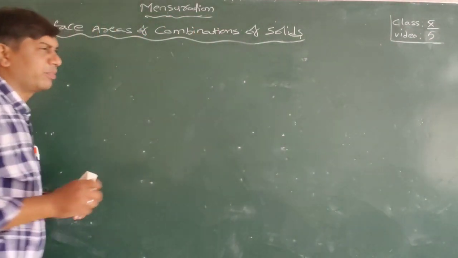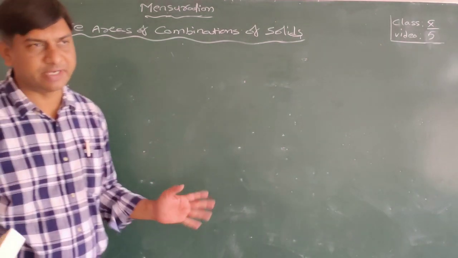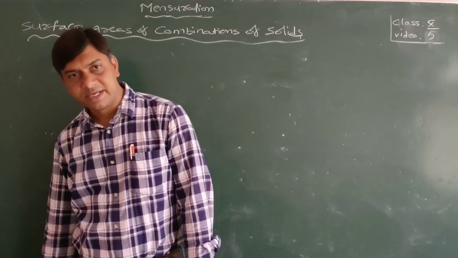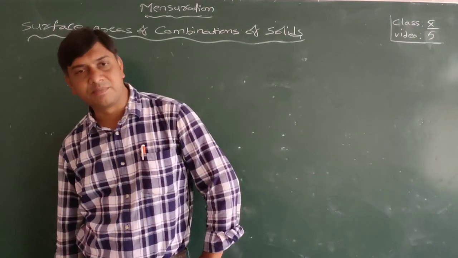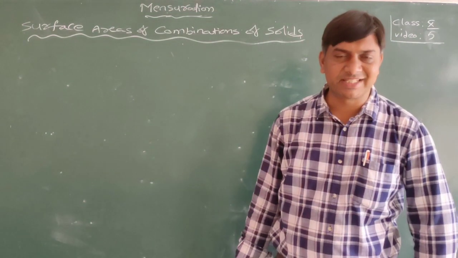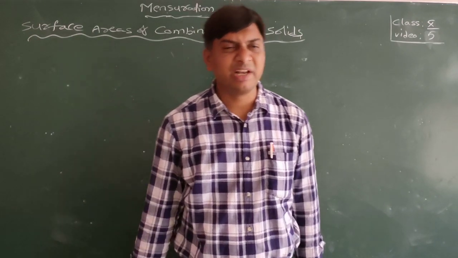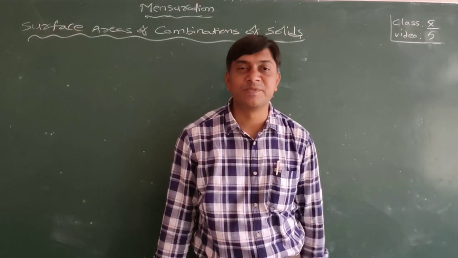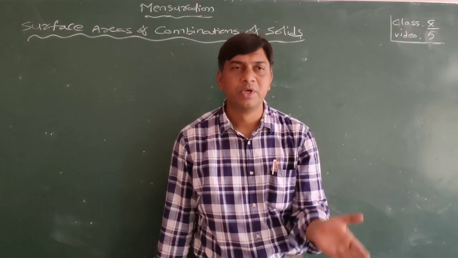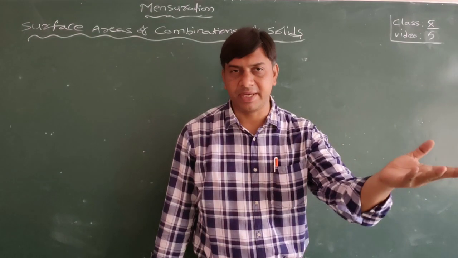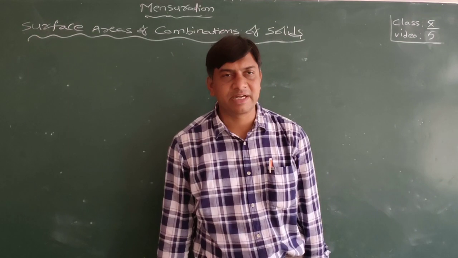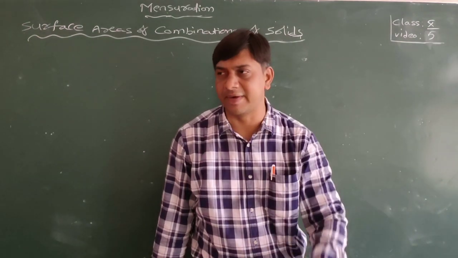Last class we discussed exercise 10.1 in mensuration. We discussed what mensuration is, what a solid figure is, the formulas, and the derivations of the solid object formulas. All of those we learned, and exercise 10.1 was also completed. What is exercise 10.1? It is only about finding the surface areas and volumes of a single solid, either a cone, cube, cuboid, or cylinder. Whatever they ask, they give only a single solid.